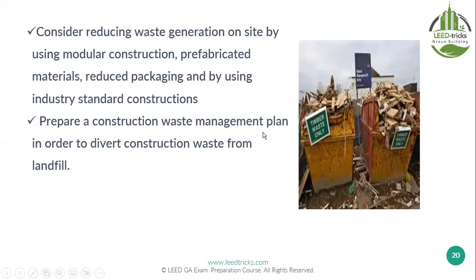It covers how you manage waste during construction, in cooperation with the environmental team, site construction team, and sustainability team, to know how to divert or reduce waste. This is after waste exists: how you will deal with it, how you will divert it. Divert here means